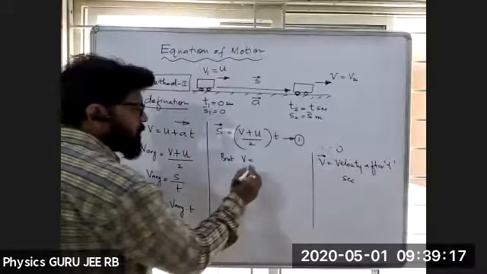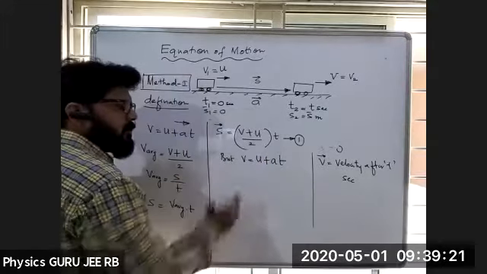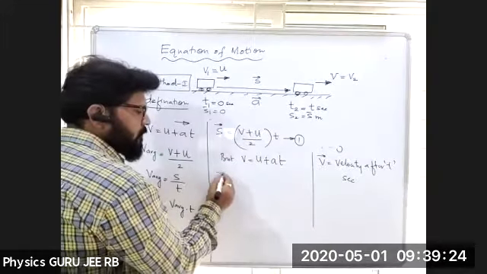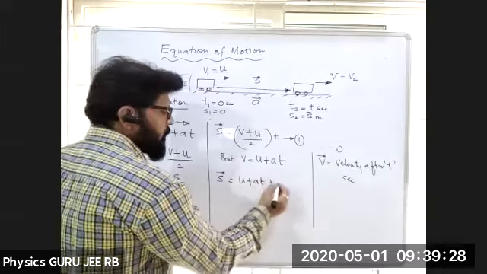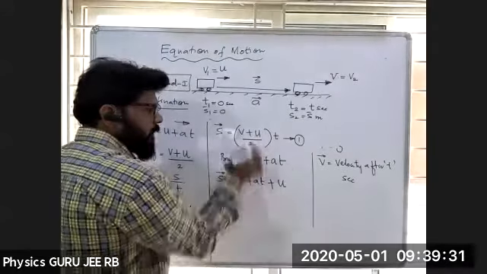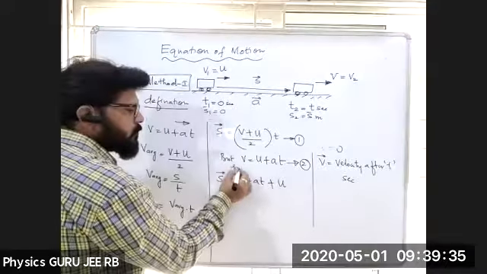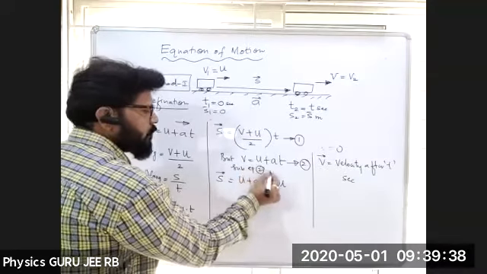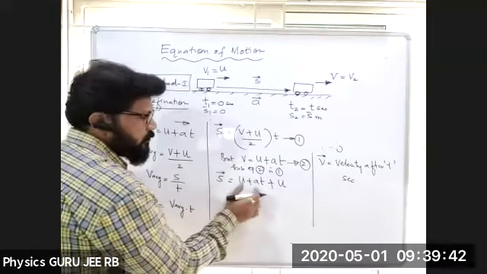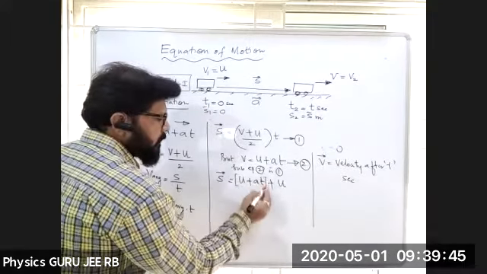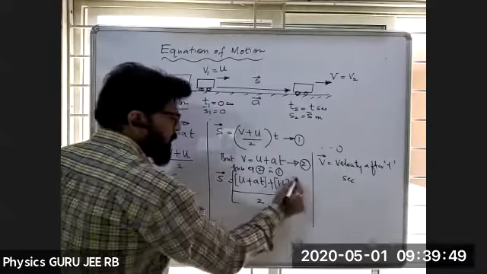Now, v is equal to u plus at, the velocity after time t seconds. Take this velocity and substitute there. Let me take it as equation number 2. So substituting equation 2 in 1, s is equal to u plus at, this is the v term, plus u, this is the u term, divided by 2, into the complete time t.